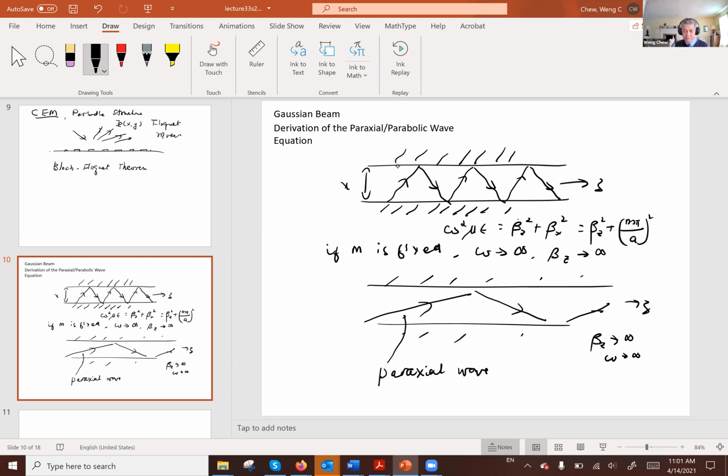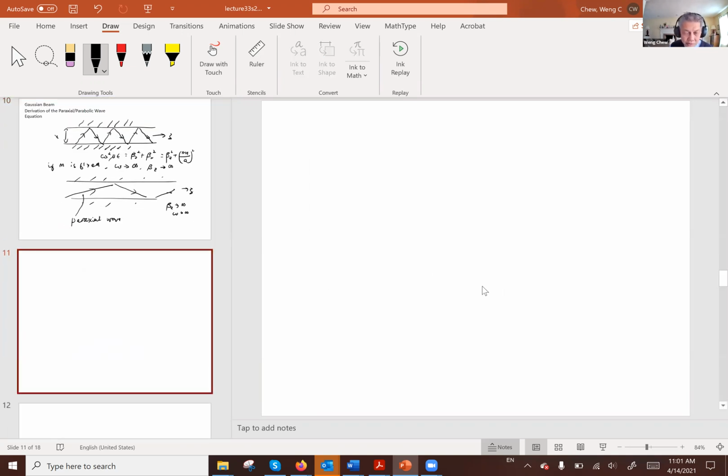Because the wave is traveling very much in parallel to the z-axis, the direction of propagation. Okay, so this is a physical picture of what the paraxial wave is. And then we can now solve Maxwell's equations using the paraxial wave approximation, as long as the frequency is high, because